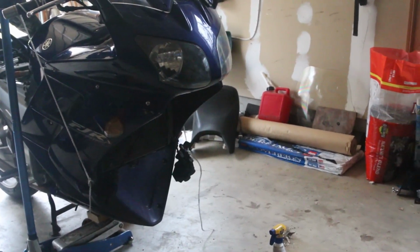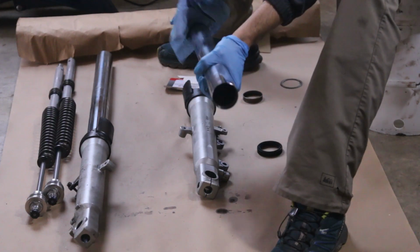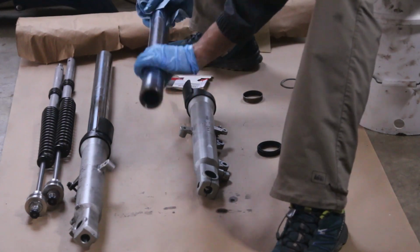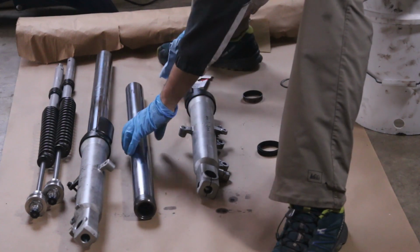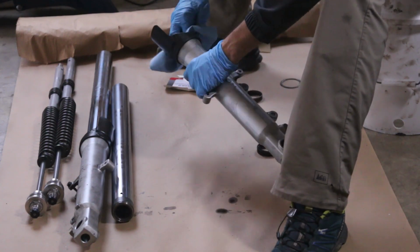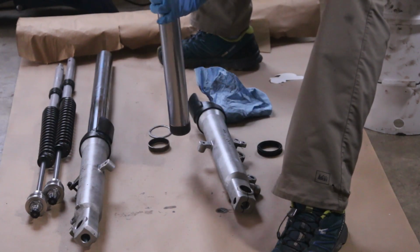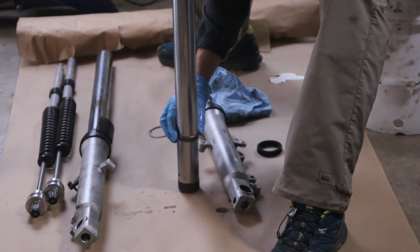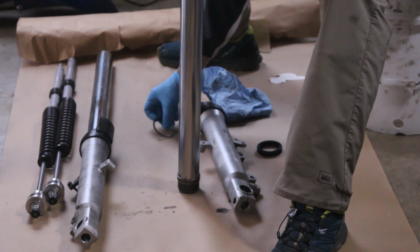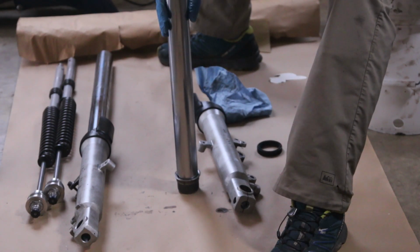So we are ready to put the top part of the fork onto the bottom, and you just have to make sure everything is nice and clean. And I like to go inside here, get all of this nice and clean. This bushing goes in first, like this, and it should stop over there. Then you have the washer that goes on top and falls on the